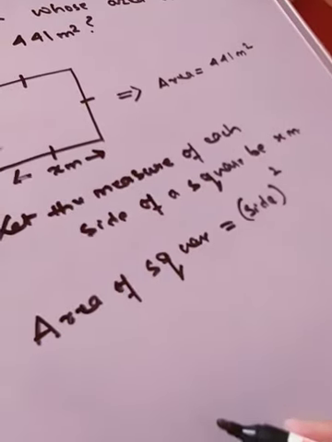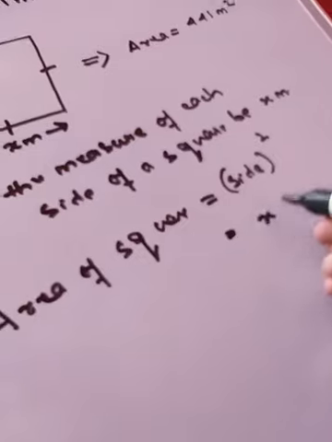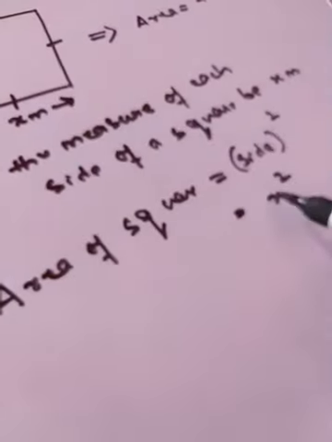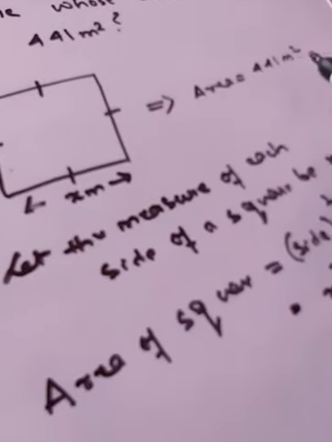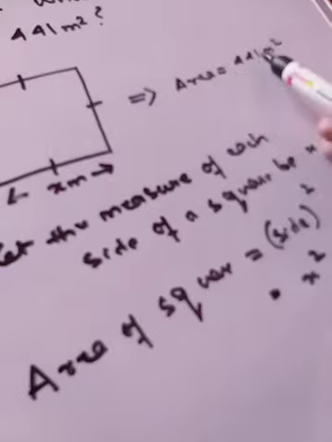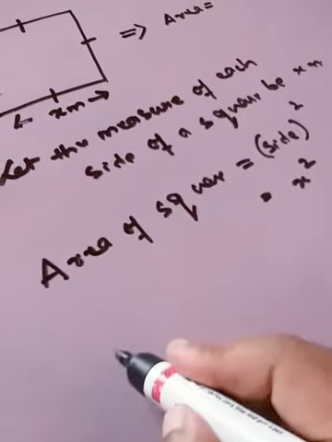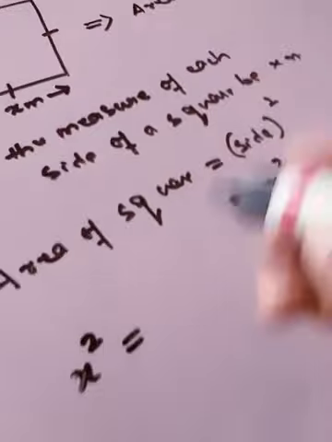Fine. Now, what is side? What have we let side as? Yes, it is x square. Because side we have taken as x, so it will be x square. Now, since the value of area is given 441, this is also area of a square, and this is also area of a square. So both are same, isn't it? Both are same. So what we do is we'll compare the two values. It is x square and 441.